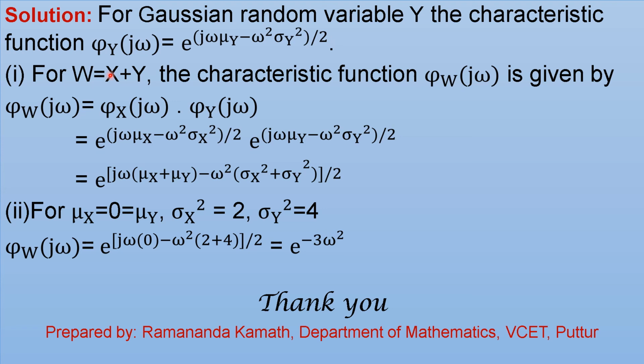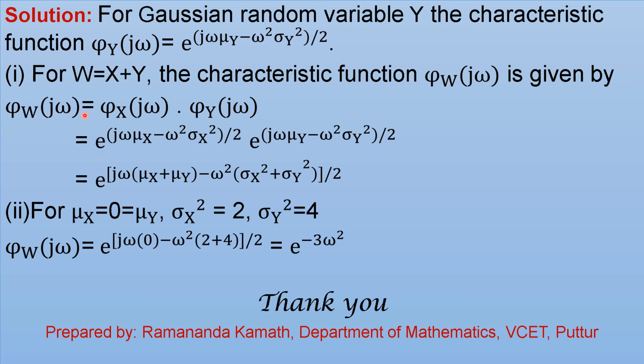So we have phi x of j omega and phi y of j omega. Now w is equal to x plus y, the characteristic function of this sum, denoted as phi w of j omega, is given by